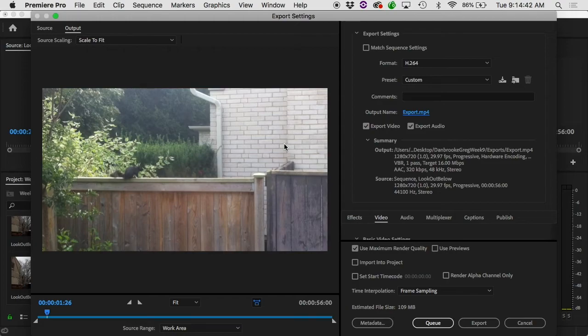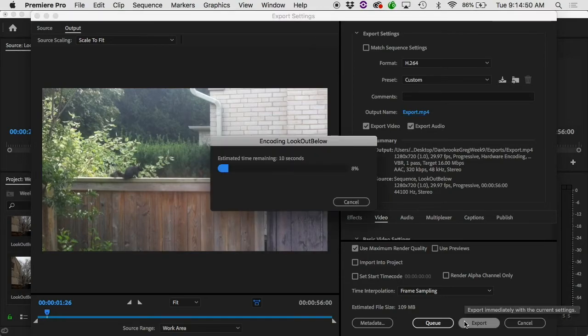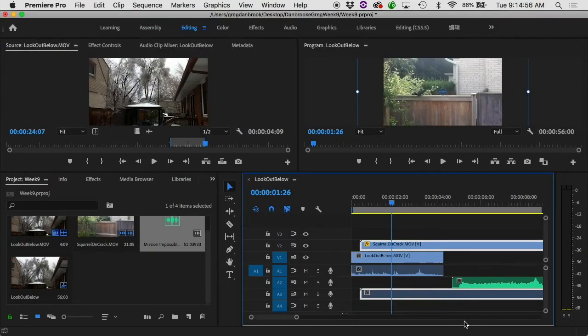So I'm just going to hit export. Now, it might take a few seconds. It's not a horribly long clip. If it had a lot of layers, if it had a lot of transitions and stuff, this could take like a couple of hours to render out, but that's fairly small. And now if I look at that folder I made on the desktop,